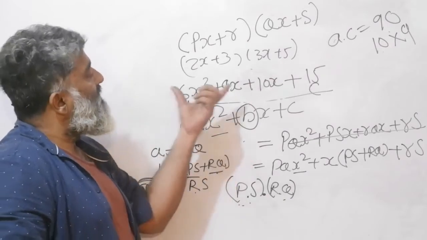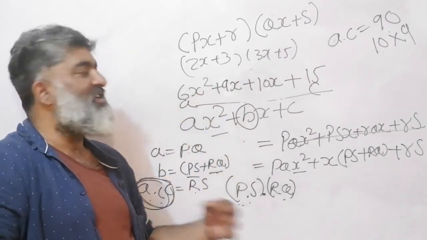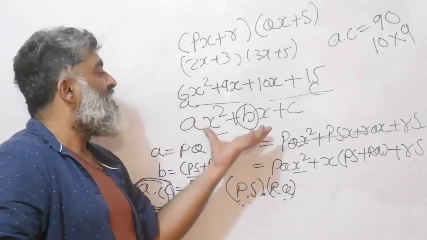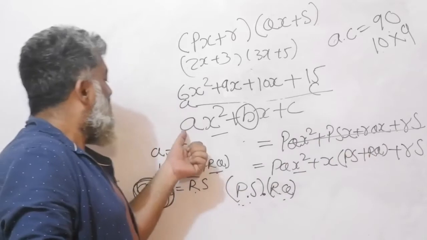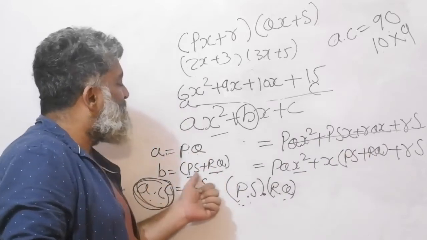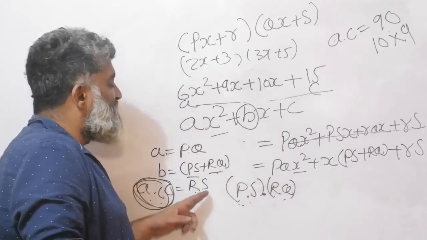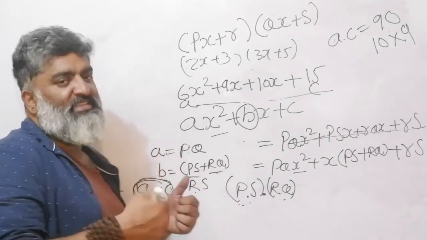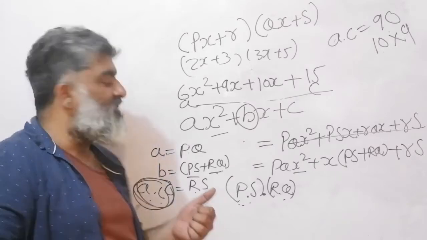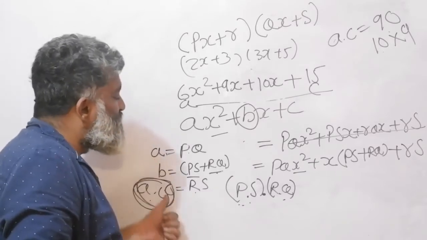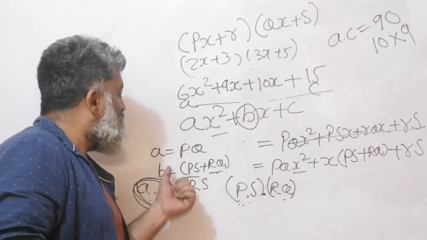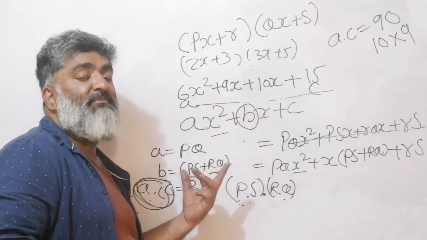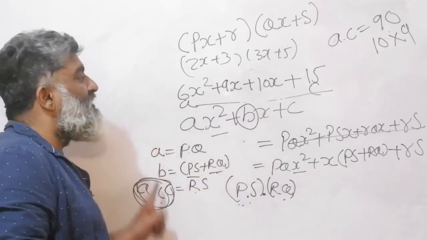Right, before I move further in the story, make sure that you understand why this game is happening. Compare, you just have to do it by yourself once, step by step, like clockwork it will work out, because it's all simple pure logic. Compare these two equations. A becomes PQ, B becomes PS plus RQ, and C was just RS. Then you saw B is equal to PS plus RQ, and this is let's say the one step extra supplied by the teacher, that if you multiply these two, you get a PSRQ. That means you're looking at the B, the middle term, as a sum of two terms. The same two terms when multiplied should give you AC.